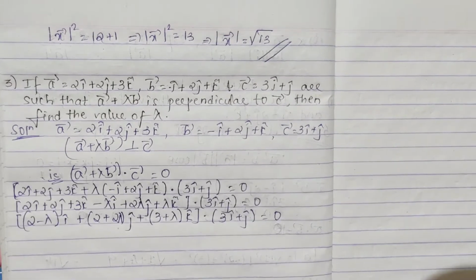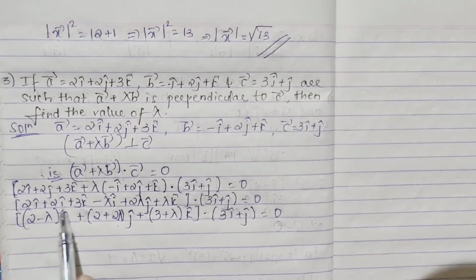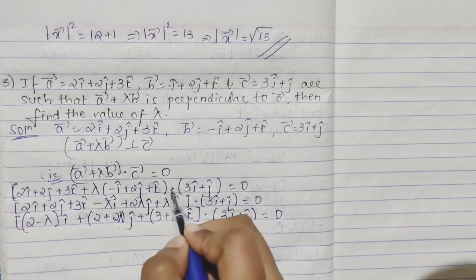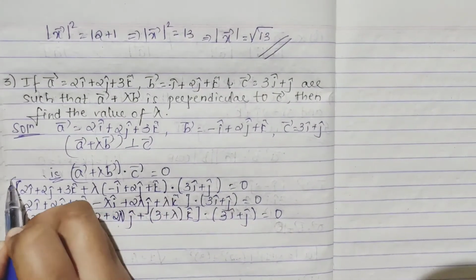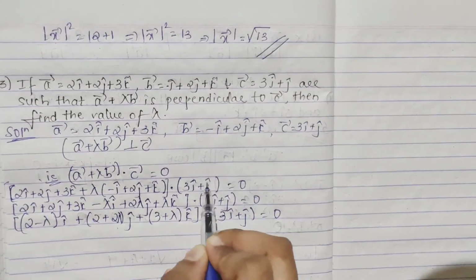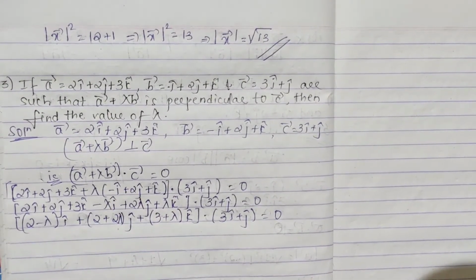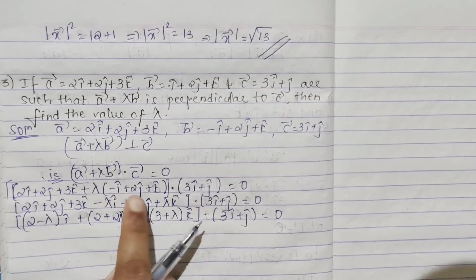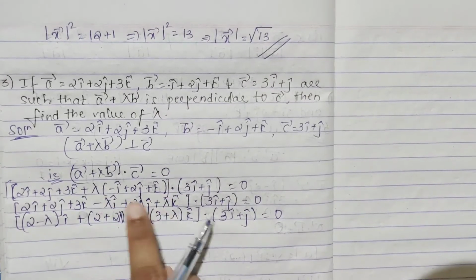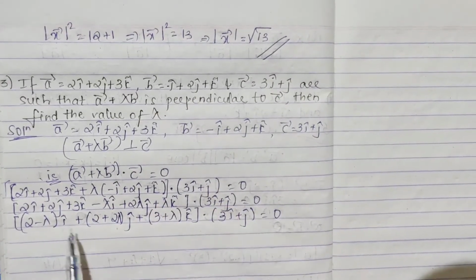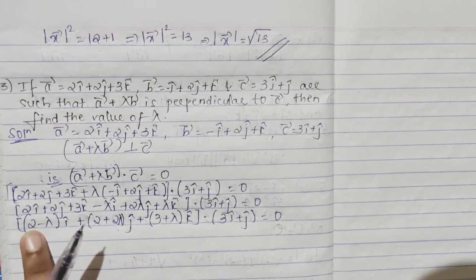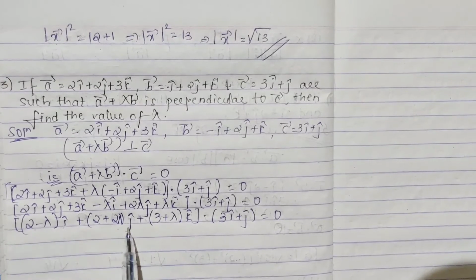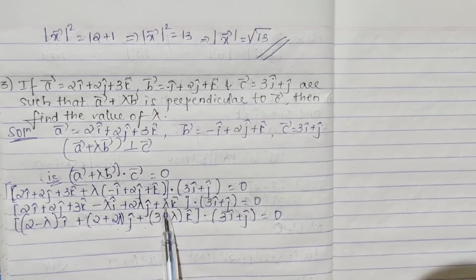Okay. So I've put my vector a components plus lambda of vector b components. This closes the bracket, this whole term. If you want, you can take a square bracket here, dot vector c. Now what I've done: first I've multiplied out the lambda and b bracket, keeping this as it is, minus lambda i cap plus 2 lambda j cap plus 3 lambda k cap. This again I've kept as it is. Now see, I cap, I have just grouped it up. So (2 minus lambda) i cap common, (2 plus 2 lambda) j cap common, plus (3 plus lambda) k cap.